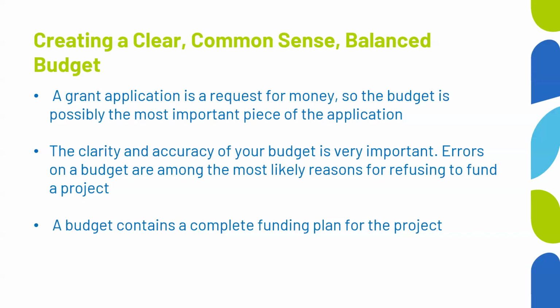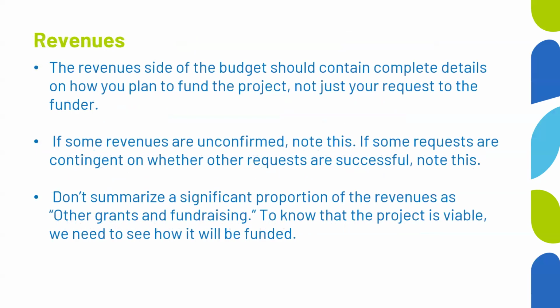A budget should contain a complete funding plan for the project. So what does that mean? It means it contains a complete description of revenues. Nowadays, our projects are, for the most part, expensive. Life is expensive, staffing is expensive, and so it's pretty rare that our $10,000 or $20,000 grant is going to cover all the costs involved in providing an important community project. Not always, because there can be small projects that can be funded 100% from a grant.